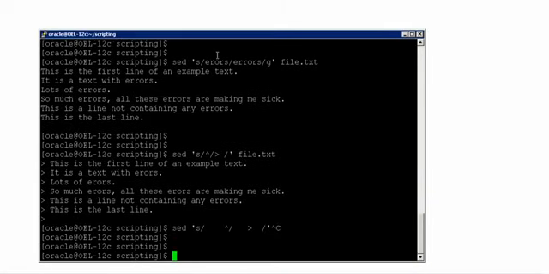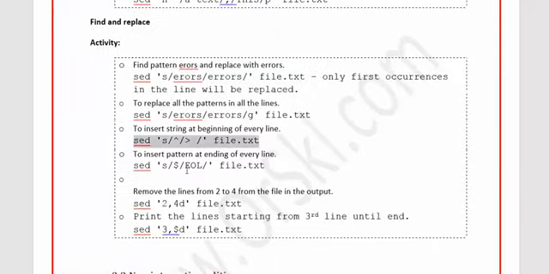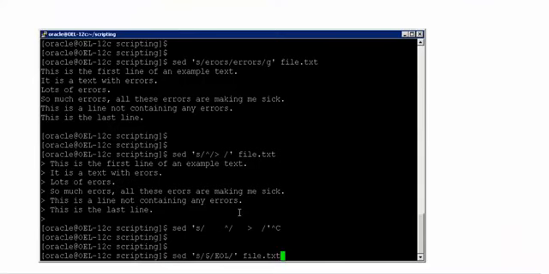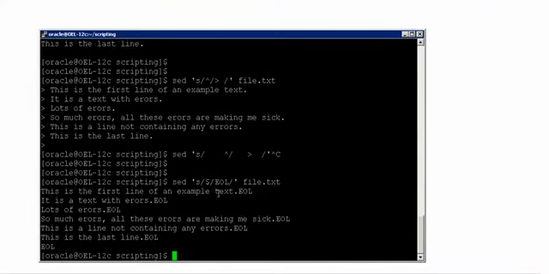Now very similarly, if you have some character sets that have to be appended to the end of each and every line, instead of cap, you have to use dollar. As you see on the screen, there is nothing very tricky. When you understood the above, it is the same. See here, instead of cap, you have to use dollar. So very similarly, you see EOL appended at the end of each and every line.